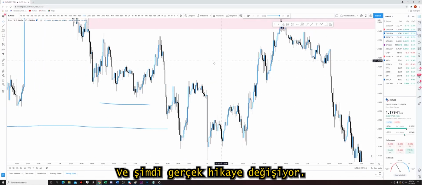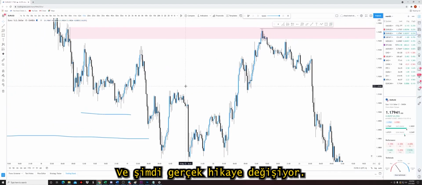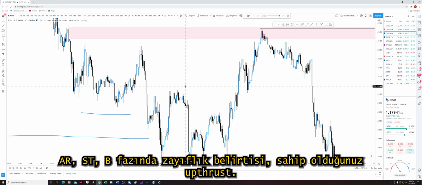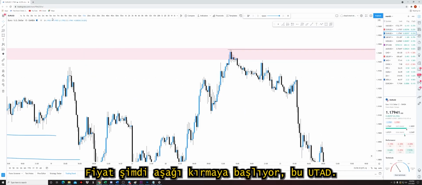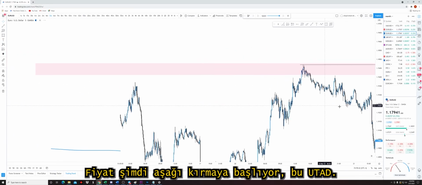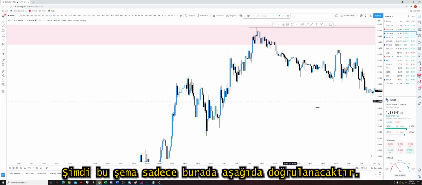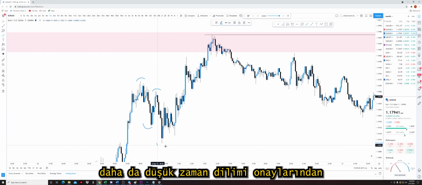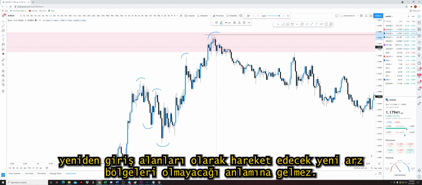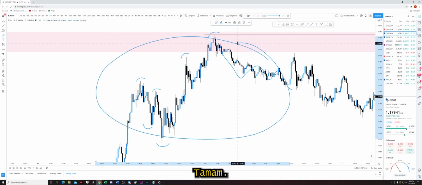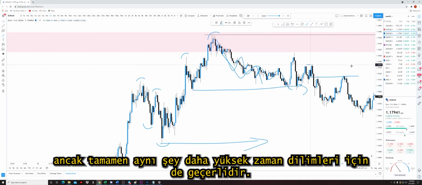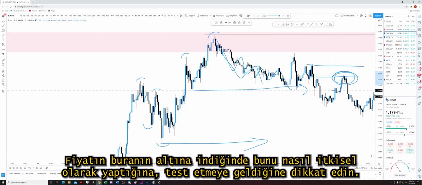So instead of looking at all this and trying to map out whether or not the momentum is moving price in a way that might make it a redistribution, or if it is an accumulation and you're not sure, all you do is zoom in on the price action of the area that you're actually expecting price to move from, and now the actual story changes. And what I mean by that is, again, now you can follow this. Buying climax, AR, ST, sign of weakness in phase B, upthrust, UTAD, price begins to break down. Now this schematic will only be validated down here, but that doesn't mean that on the way down, as we break candlestick-based structure, there aren't going to be new supply zones